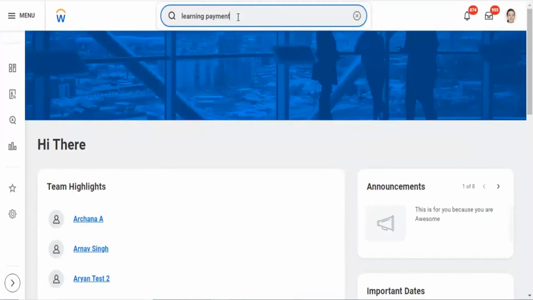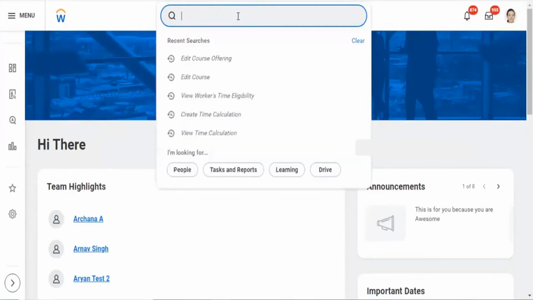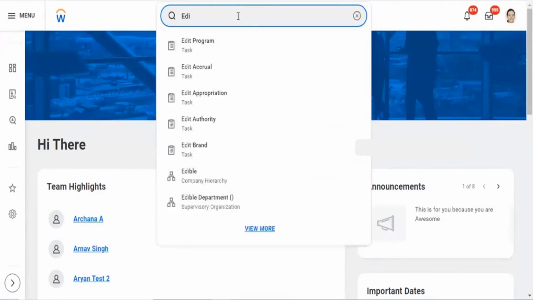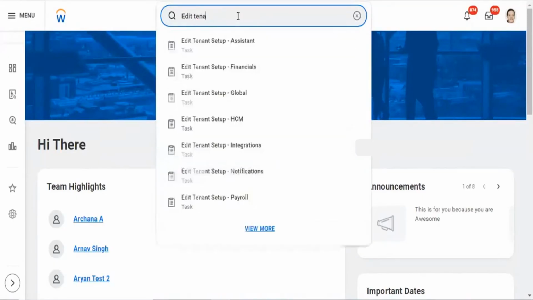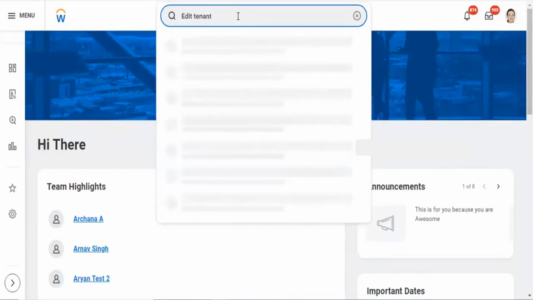First, we need to do some plan level setups. This is a tenant level setup. We don't have access to that.